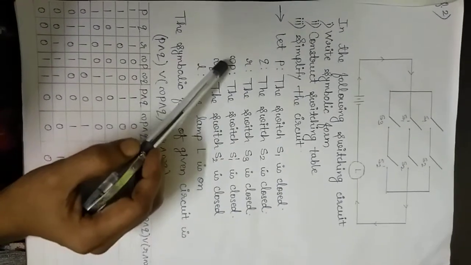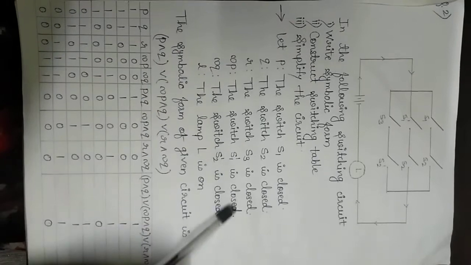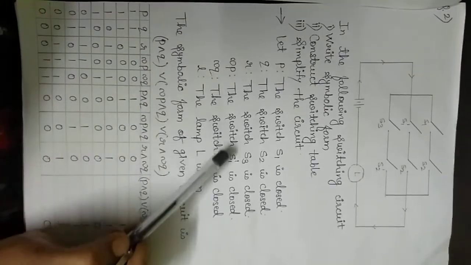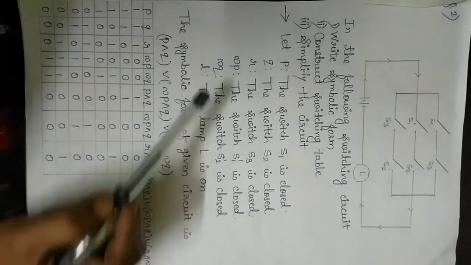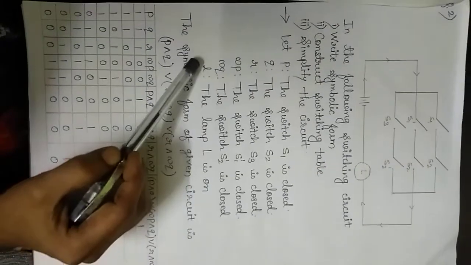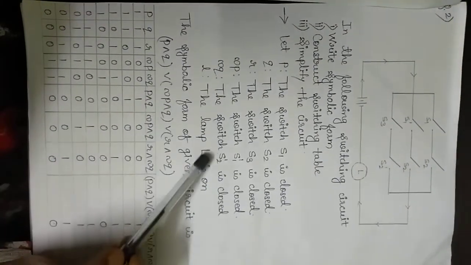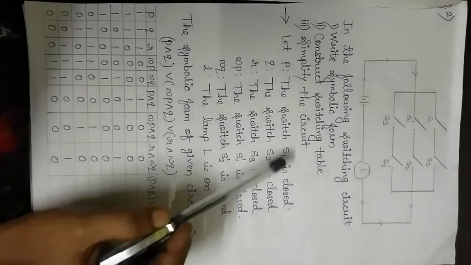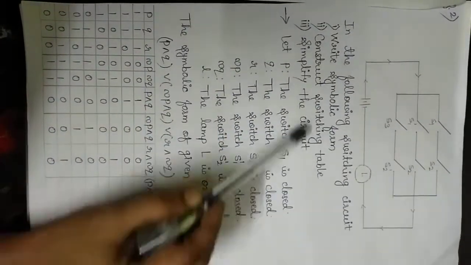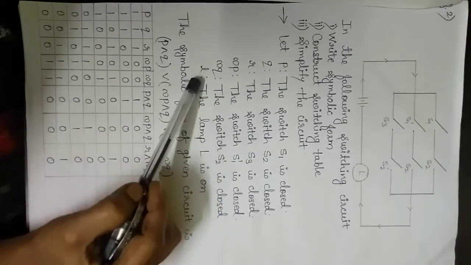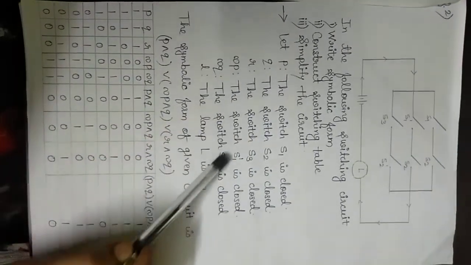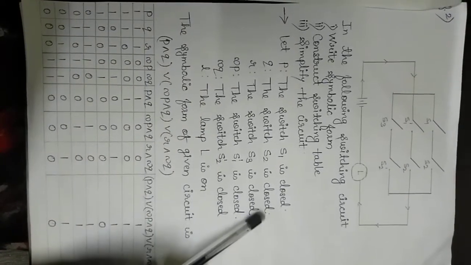Now as I earlier told you that either you can write like this or you can write negation of P, the switch S1 is open, negation of Q, the switch S2 is open, and L denotes the lamp is on. Now one can ask the question like, is it compulsory every time to write all this information? Then yes, when you write all this information, then only you will get 1 mark.